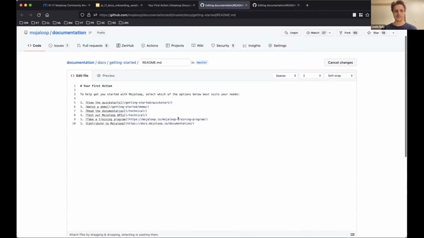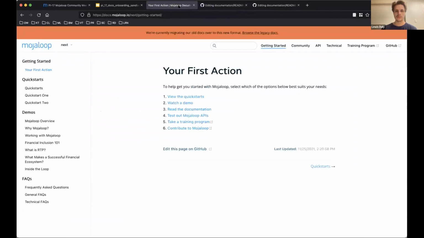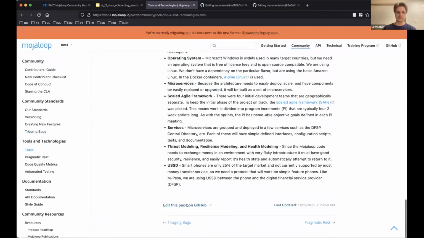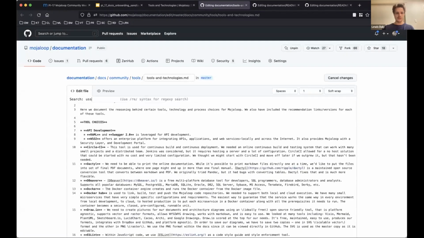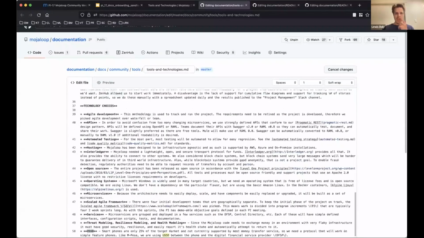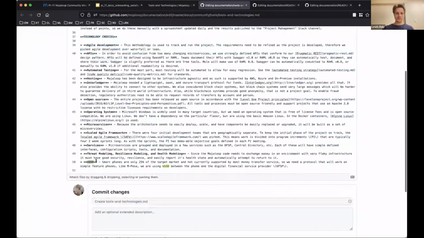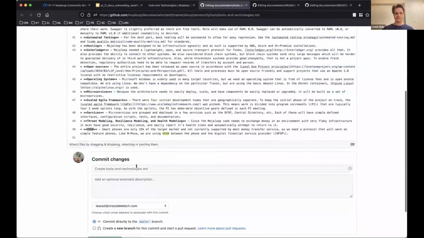So if you were to pick up a random page in the documentation set, would that link be available on pretty much any page? Oh, there it is at the bottom. Yeah, this page on GitHub. Yeah, see, this is excellent. So if somebody does make the change, they can edit this, they can preview it. They're making the changes directly in the GitHub. When they're finished with that, they'll have the ability to